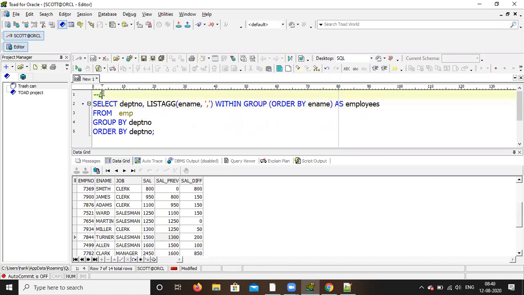Give the heading as list AGG. So list aggregate. Just press enter. Run it.